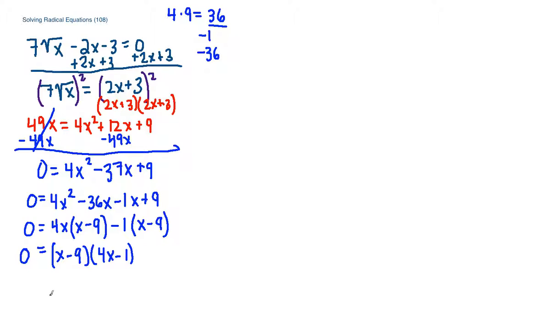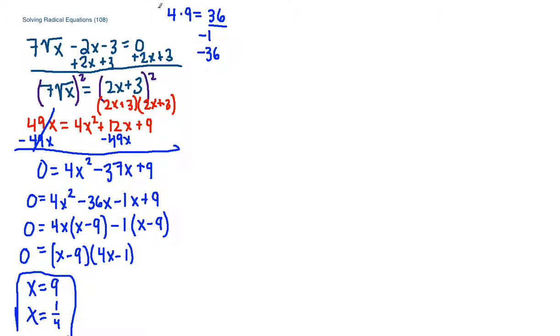Remembering how we solve when we factor, we set each separate factor equal to 0. So we set x minus 9 equal to 0, and we get x equals positive 9. And if we set 4x minus 1 equal to 0, we would solve and get x equals 1/4. That was a 4, it looked like a 9. Okay, 1/4. Now I have my two answers, so I'm happy, and I could say, there we go, these are my answers. But